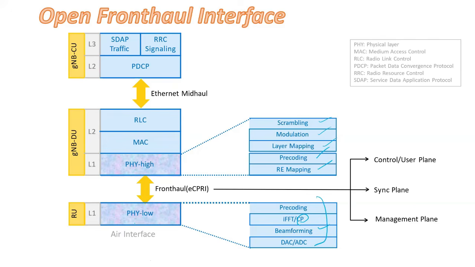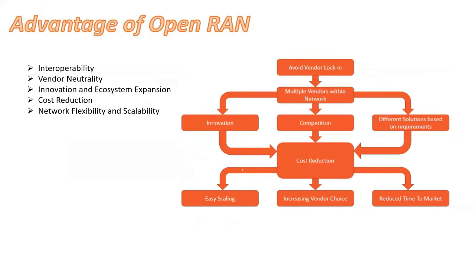Why? Because these are real-time functions, and for real-time functions, latency is dependent on them. If these are far from the site or far from the user, then low latency may not be achieved. And in 5G, one of the main components is edge computing, right? The main component is edge computing, which is dependent on low latency, right? And there are various benefits as we have discussed earlier.